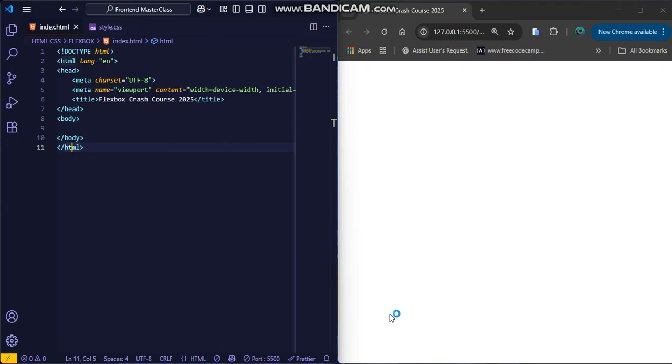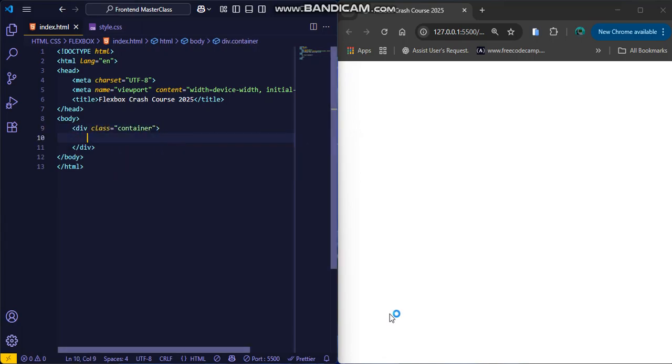Okay, let's start our first example of Flexbox. So I'm going to create a container with some few items inside. Okay, let's say